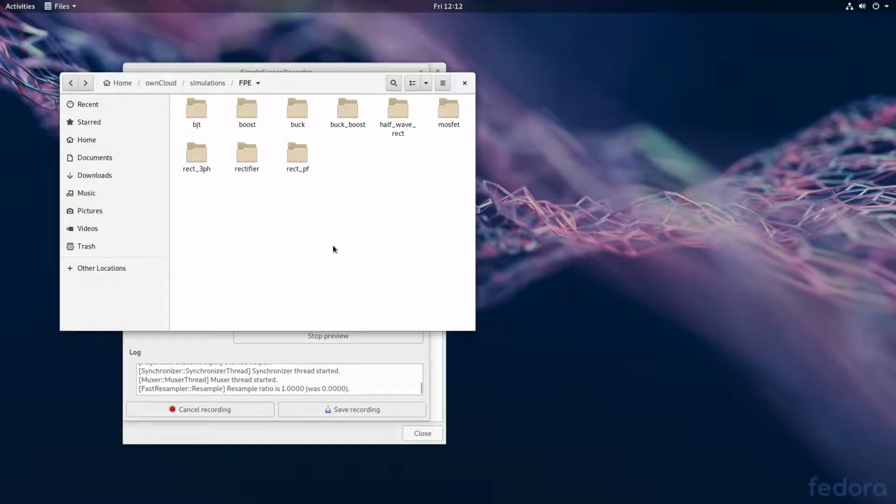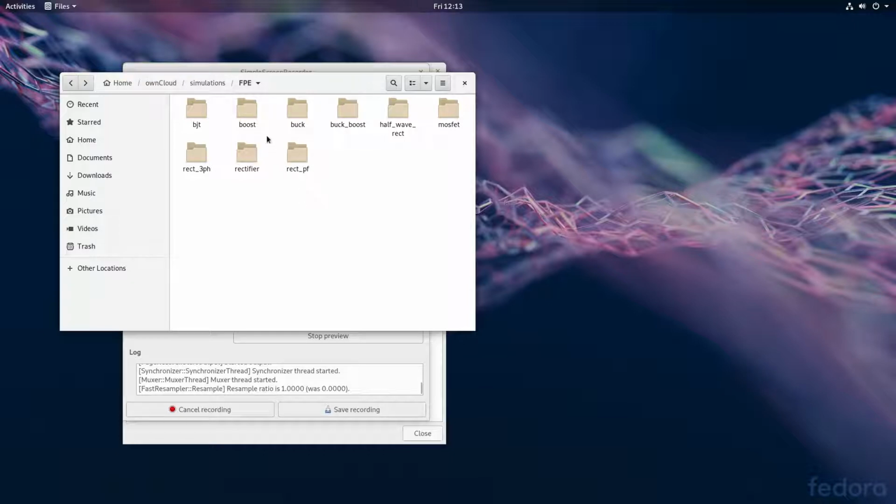Just like we did the simulation of the buck boost converters using GEDA as the front end schematic entry and ngSpice, we can do a similar exercise with KiCad also. I will not go into the details, but I have done it. I will share the resource file with you so that you can try it using the KiCad schematic entry method also.